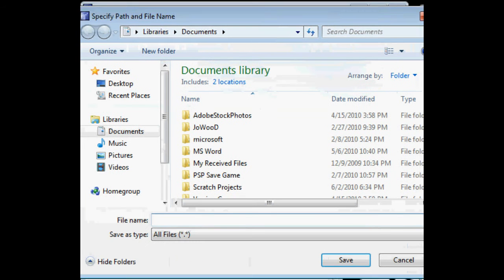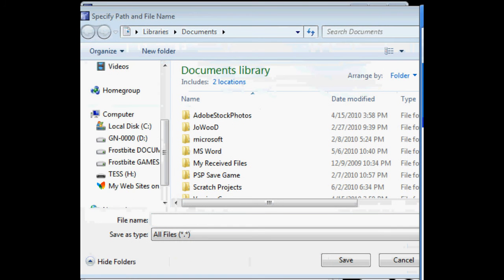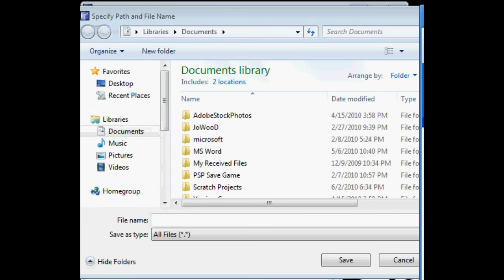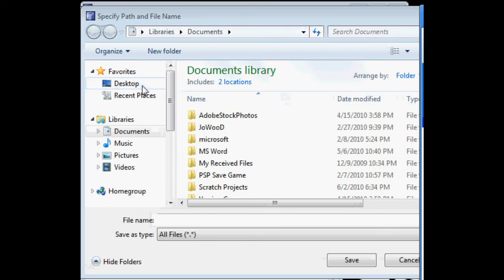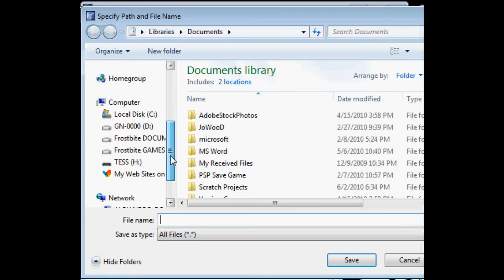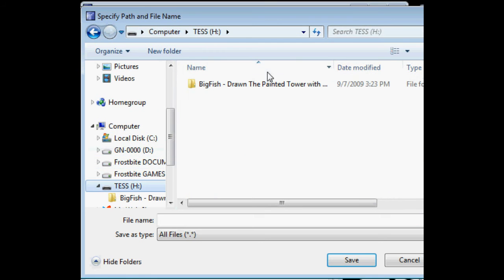My documents, my volume. Look in my documents. Choose some place you want to encrypt. Let's say here.